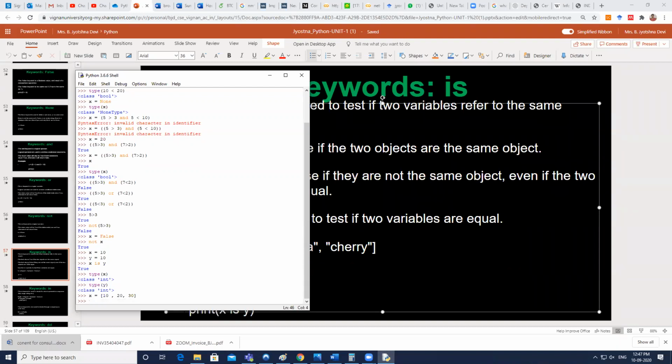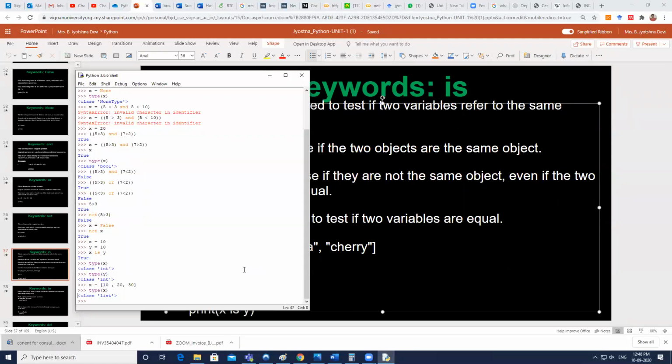So now X is pointing to this. You can even check that. What is the type of X? See, so it's a list. It's not an array actually. So in Python, whatever you are enclosing within square brackets, if you enclose multiple elements in square brackets, then it's called a list. So now X is a list.